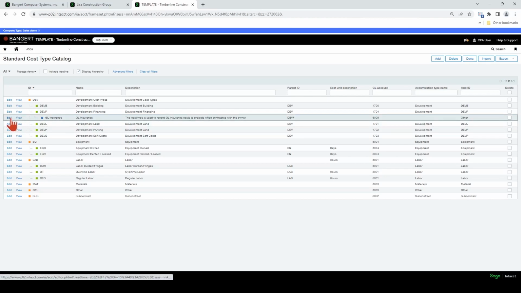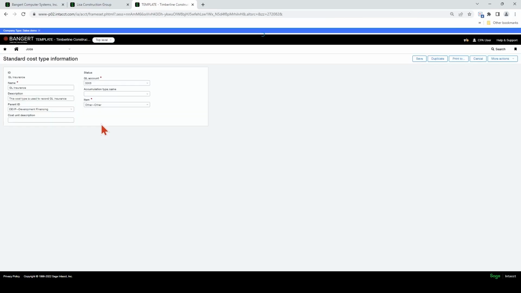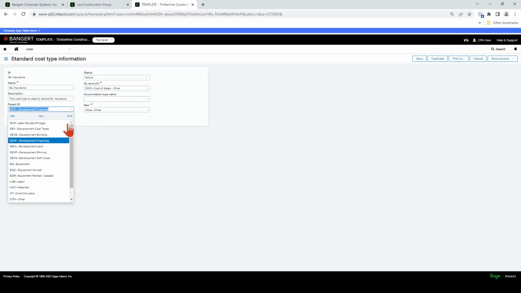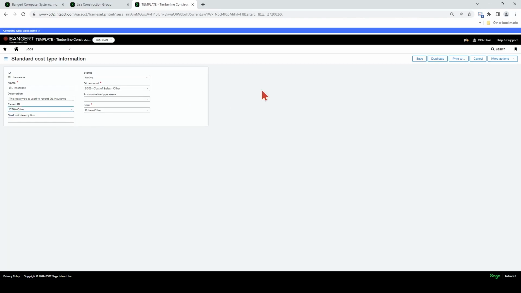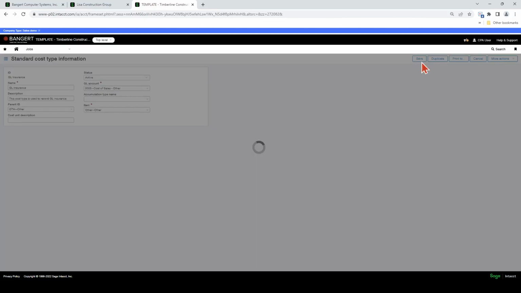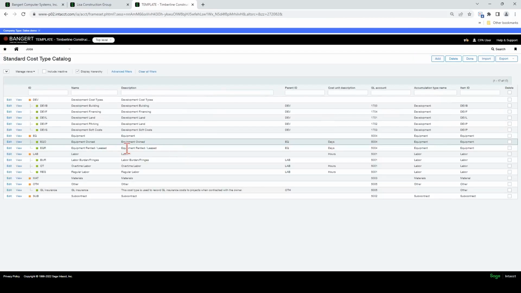Okay, let's say, whoops, I made a mistake. I don't want it there. Let's move it down to the other accumulation type. These are your accumulation types, or your categories, down here. It is not another cost type. So if you see, I just put it to other.